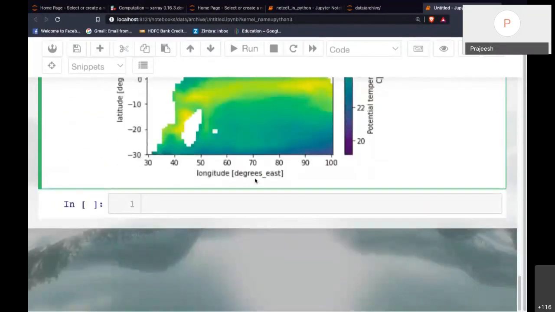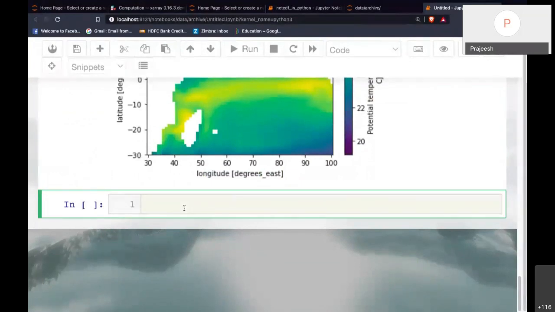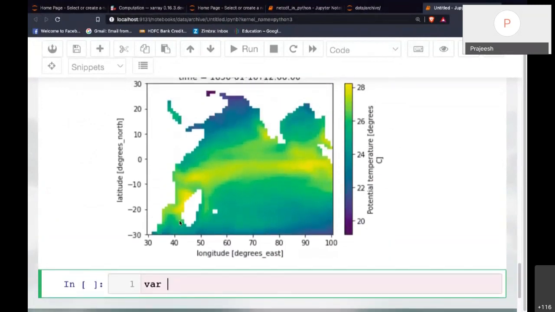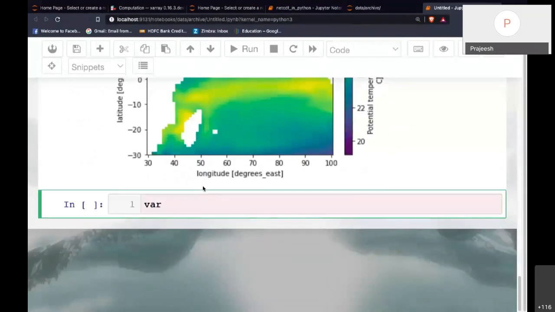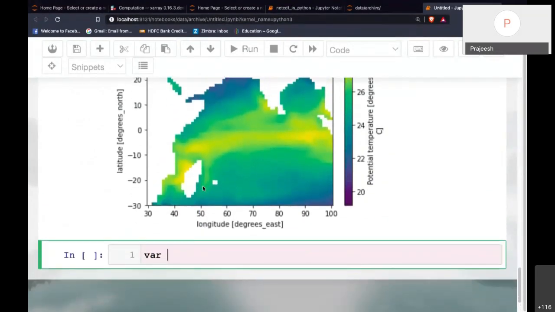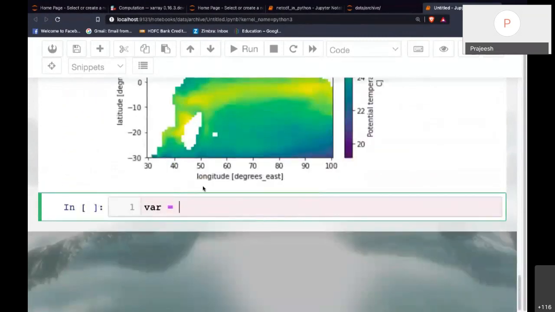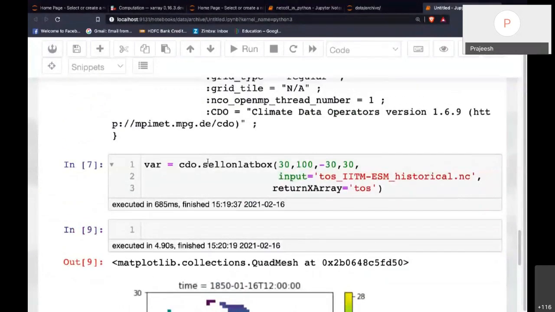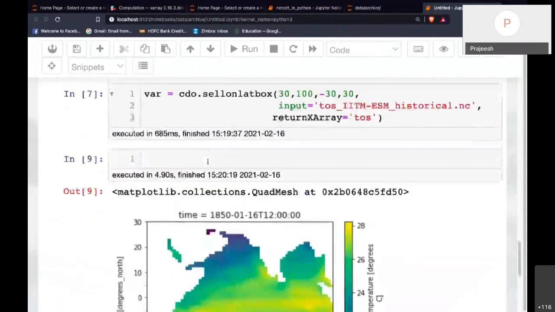For example, let's say I want to subset this area and also do a zonal mean. This can be done in a single command. So the outer command, you can give it like this. I want a zonal mean, and I also want to do select lon lat box.